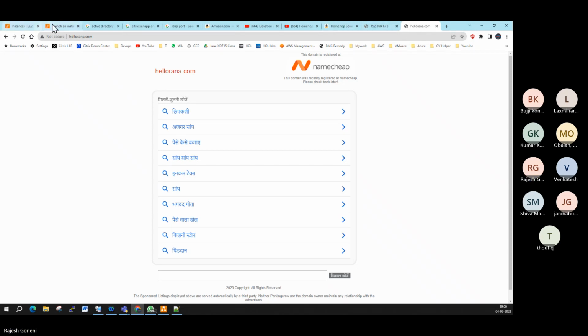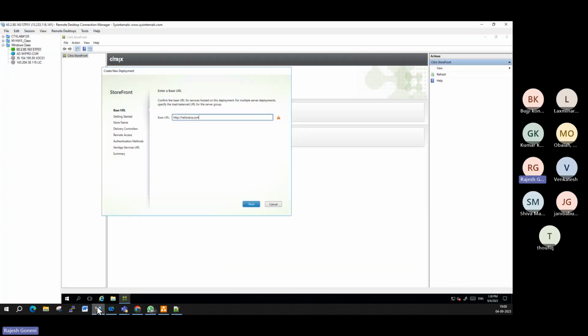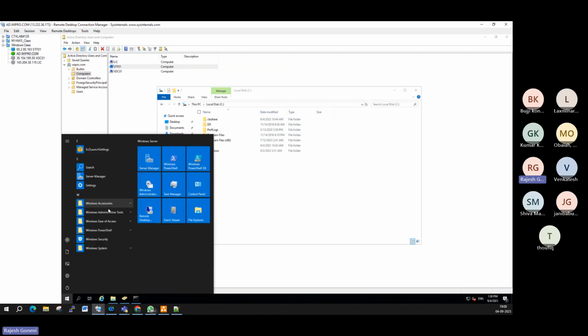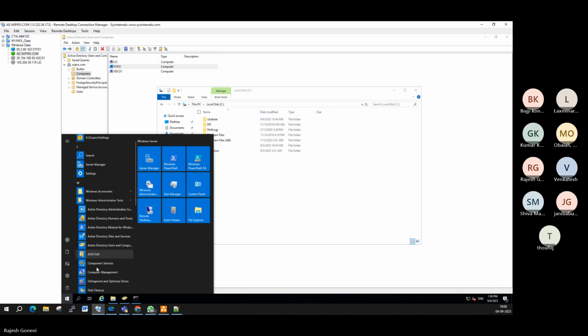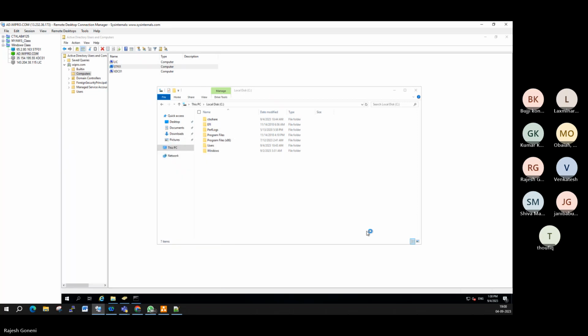So what I'm trying to do, I'm giving the friendly name. But when I'm giving the friendly name, I need to create it at the AD level. Here we have DNS services. In the DNS service,